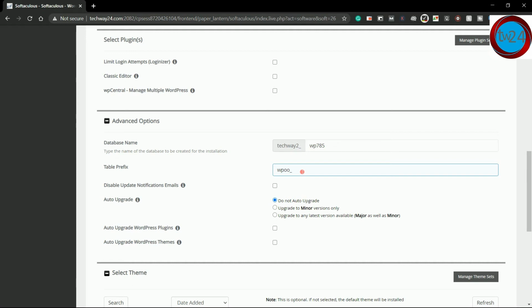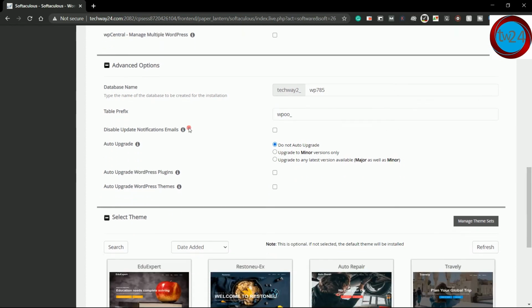So leave it as it is or change it if you want. Now under disable update notification email, if you check this box, then you will not receive any email notification for updates available for this installation in future.